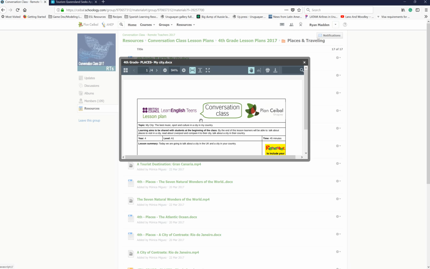But hang on, we now have to make a comparison, but how would you introduce the target language to make a comparison? Is there perhaps a third city that the remote teacher knows about that we could use as an example here? So of course, you could have photographs to compare your city visually, but in that sense you can use your city as part of the model language to compare between Liverpool and another city.